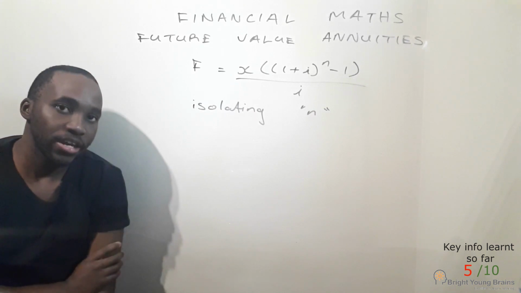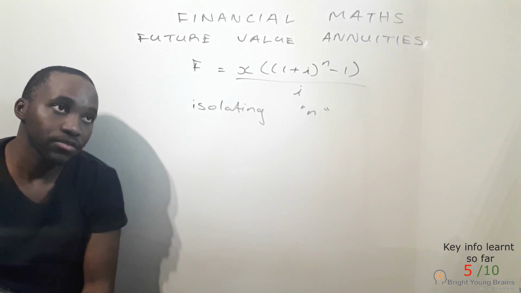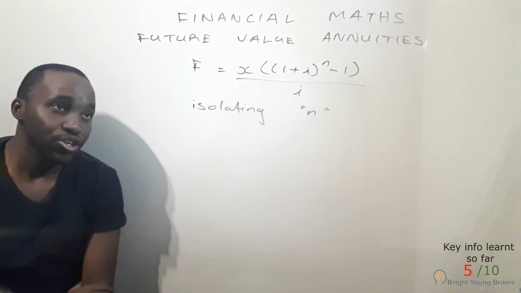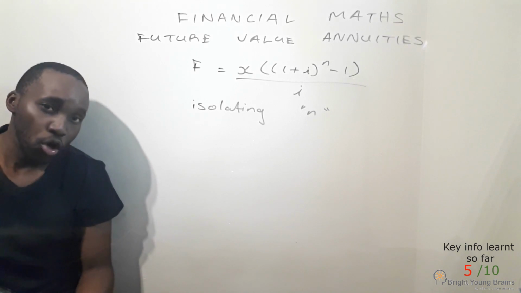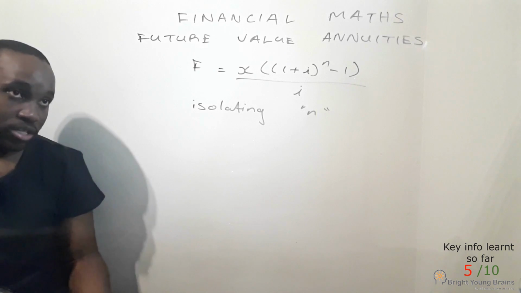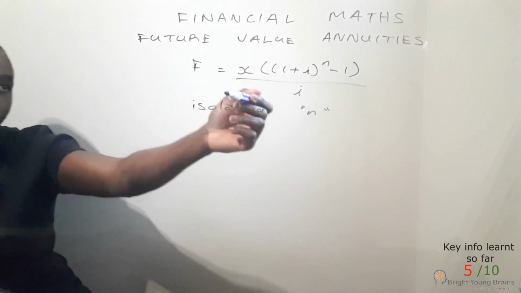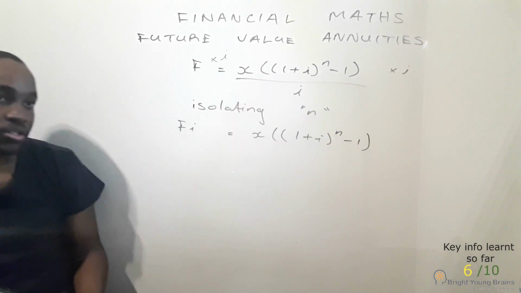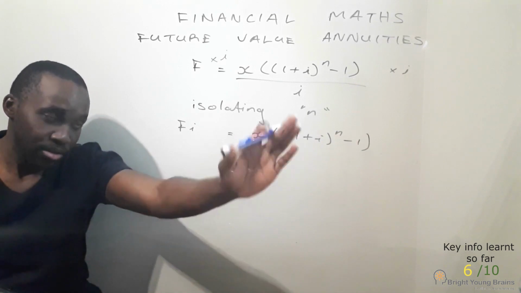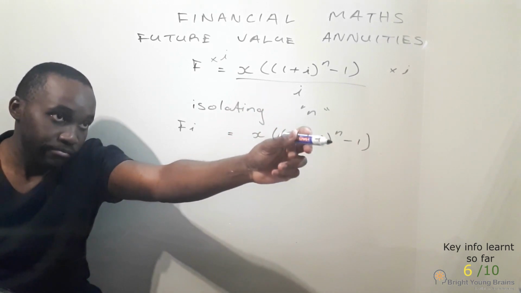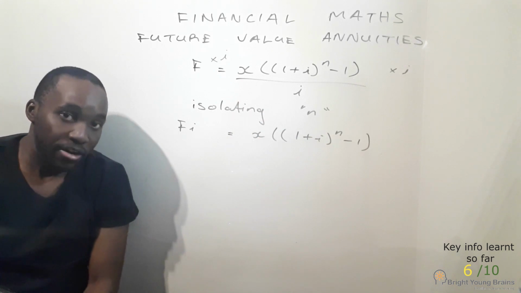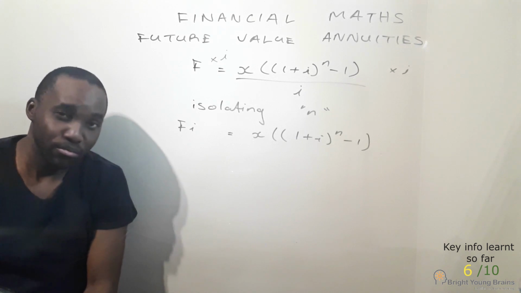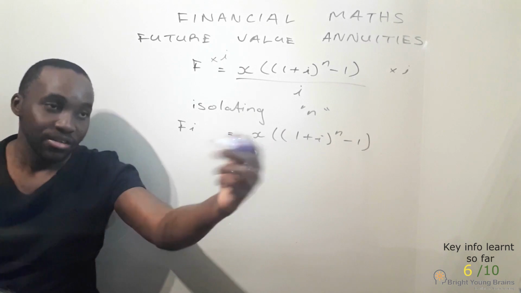Now, if you need to make N the subject of the formula, or you're asked for your value for N for a future value annuities question, you need to keep in mind that here you're going to eventually need to use logs. So firstly, the first thing you may want to do is, here with our main given formula, on both sides we know that we can multiply by I. This is giving us Fi is equal to X, open bracket, 1 plus I, close bracket, N, minus 1 there. So at this point, we are not very far from isolating N, because the next thing here is we can divide by X on both sides,